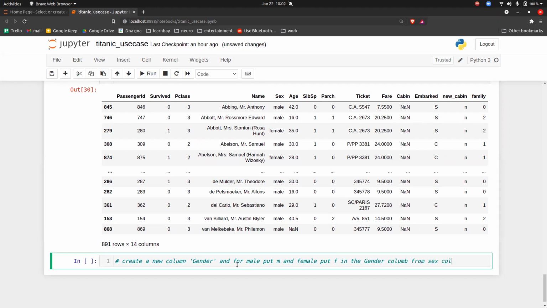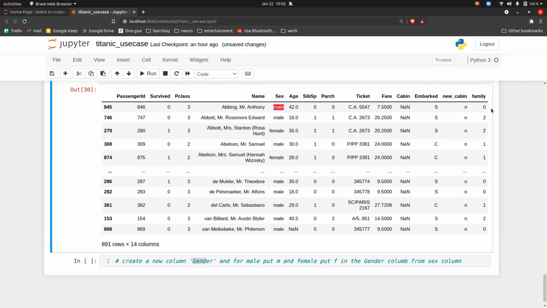So basically you have to create a new column called gender, and for male it will be M, and for female it should be F in that particular column.